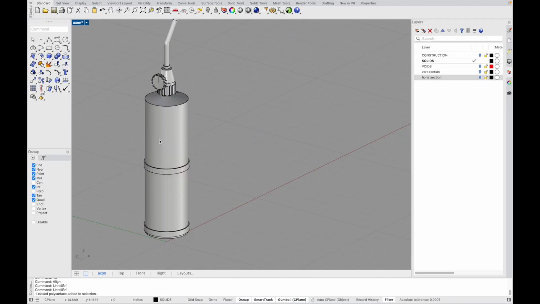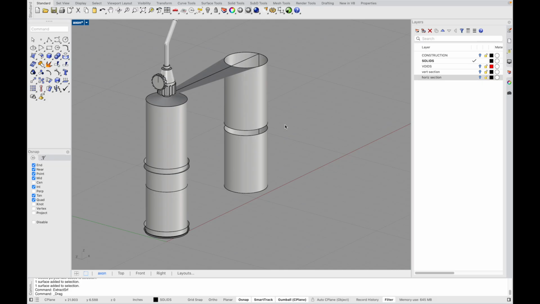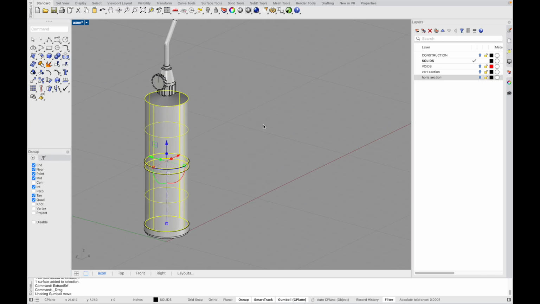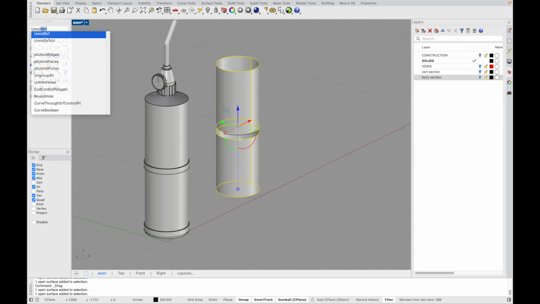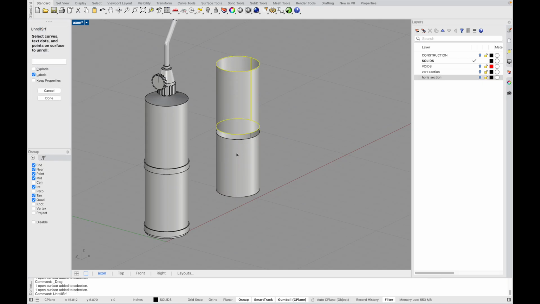No? All right, maybe what I need to do first is Control-Shift, Control-Shift, and I extract this surface from it, which I can do using, whoa, just kidding. There we go. So if I take these guys and I say unroll surface, then it will let me select these guys because they're just individual surfaces and not poly surfaces, right? So if I do this,